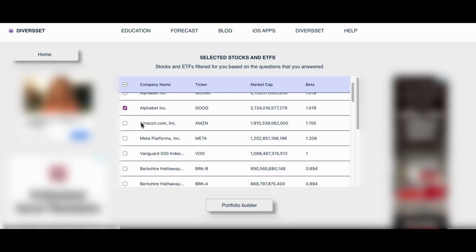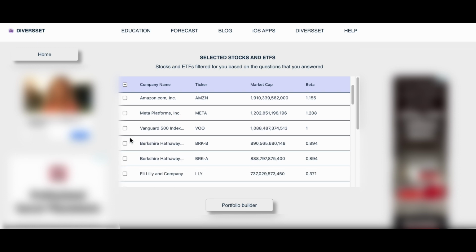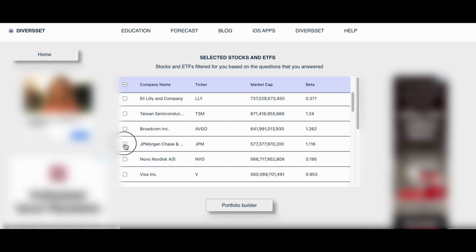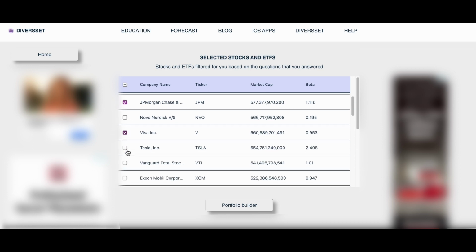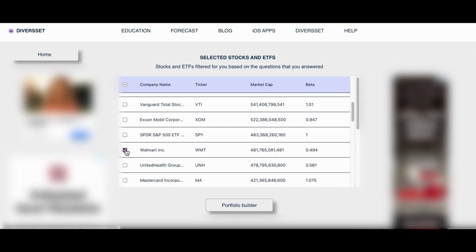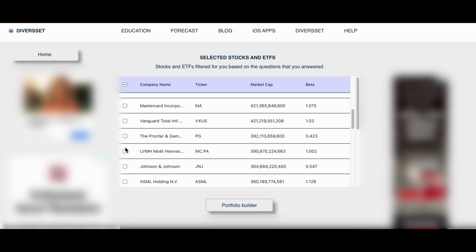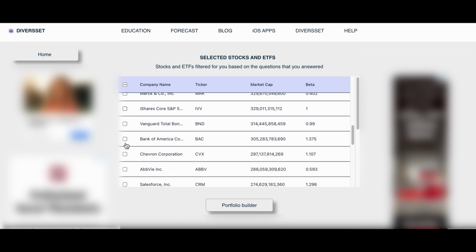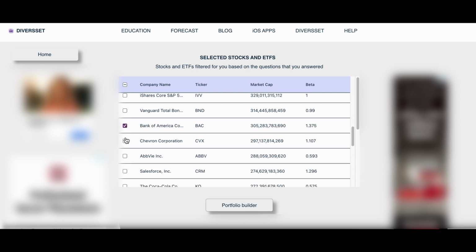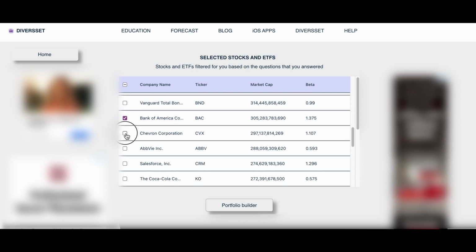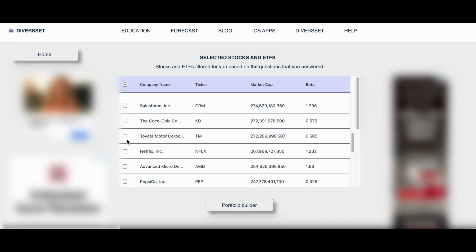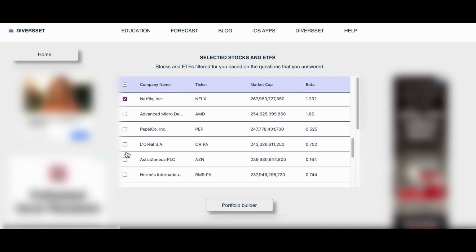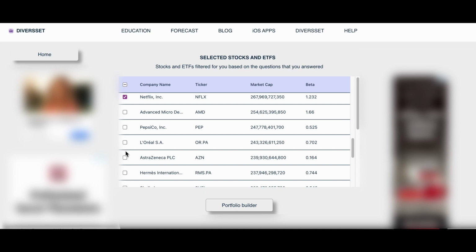Now let's say you also want JP Morgan shares, Visa shares. Let's say you want Walmart shares. That's 4 already. Let's say you also want Costco shares, 5, Oracle 6, Bank of America. Let's choose Chevron as well. Let's choose Toyota, Netflix. Let's say Netflix, but ideally you should undertake fundamental analysis of those shares,